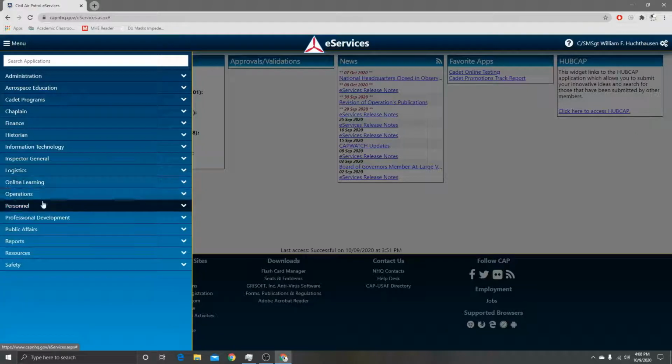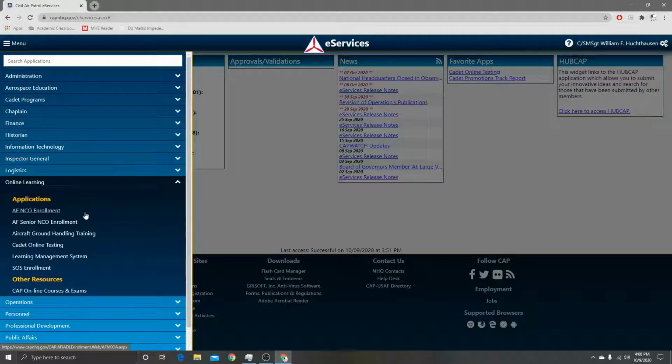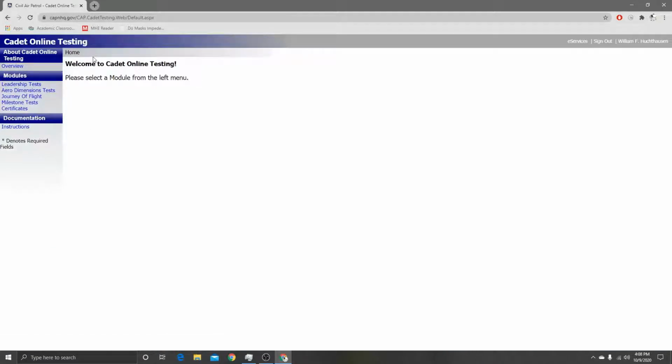Online learning, this is another one of the really big tabs that you're going to use a lot. You're able to see cadet online testing, learning management system, and the CAP online courses and exams. So these are really useful tabs to know where they're at. If I click on cadet online testing, this will take me to the cadet online testing page. From here, I can check on the left: overview, leadership tests, aerodimensions test, journey of flight, milestone tests, and